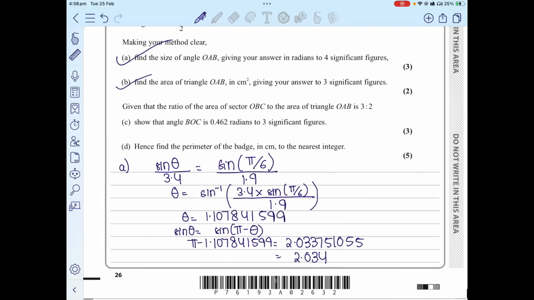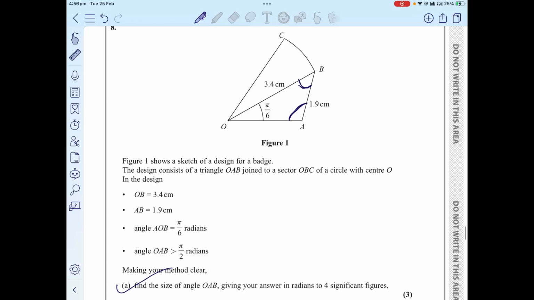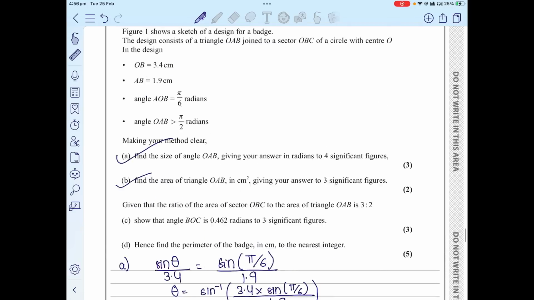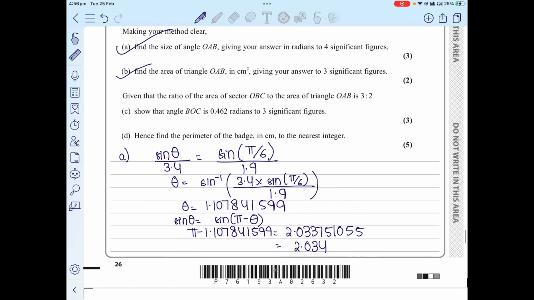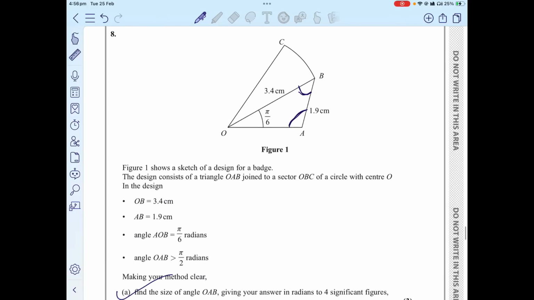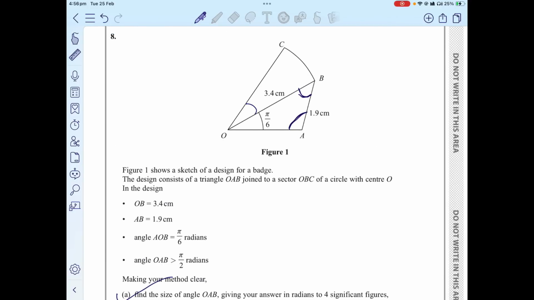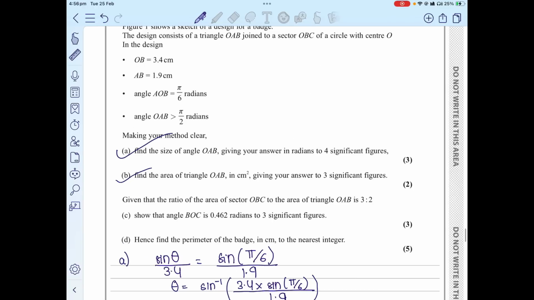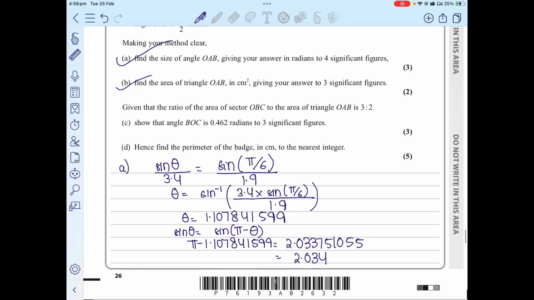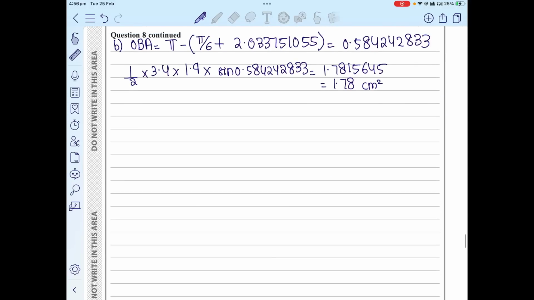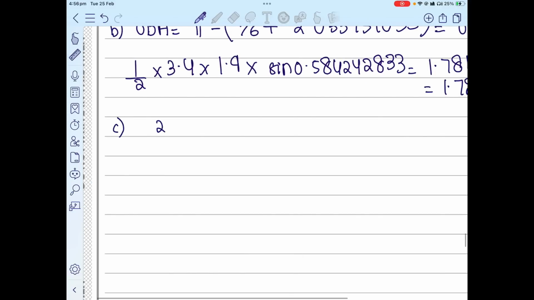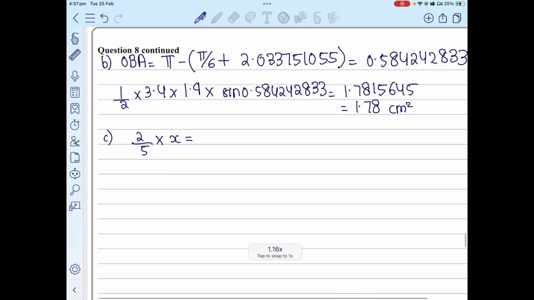After that, it says that given that the ratio of the area of the triangle OBC, which is the above triangle, to the area of the triangle OAB, which I have found, is 3:2, show that angle BOC is actually 0.462 radians. Now, first of all, they're dividing the areas in the ratio 3:2. So that means there are five total parts, and two out of the five parts. There's a certain whole number, let's put it x, and two out of five of that is basically